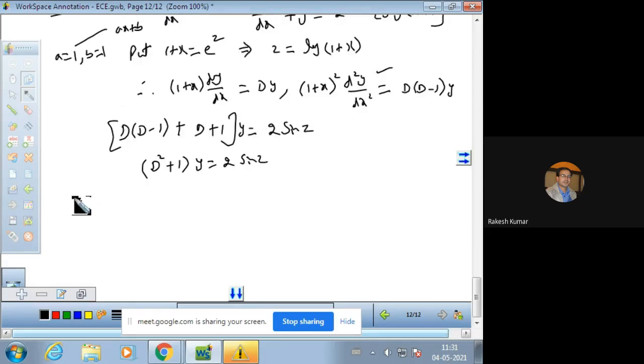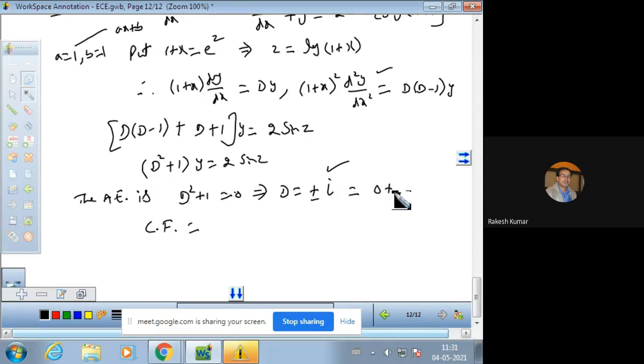From this you can write down the auxiliary equation. The auxiliary equation is this bracket term equal to 0, which will give you D equal to plus minus iota. These are the roots of this auxiliary equation, and with the help of it you will be able to write down the complementary function, because these are purely imaginary roots with the real part 0 and imaginary part 1. So e raised to power 0z, c1 cos of z plus c2 sine of z. And you know that e raised to power 0z is 1. 0 is the real part.